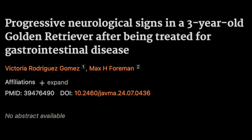GI distress. Initial blood work revealed hypoproteinemia at 38 g/L, the reference range being 50 to 70. Severe hyponatremia at 119 mmol/L, reference range 142 to 152, and hyperbilirubinemia at 120.3 µmol/L, with a reference range of 0 to 7. There was also mildly increased urea at 14.9 mmol/L, with a reference range of 2.8 to 8.3. Right. And based on those findings, the dog was diagnosed with gastrointestinal disease and hepatopathy. And I think the severe hyponatremia is going to be particularly important as we get through this